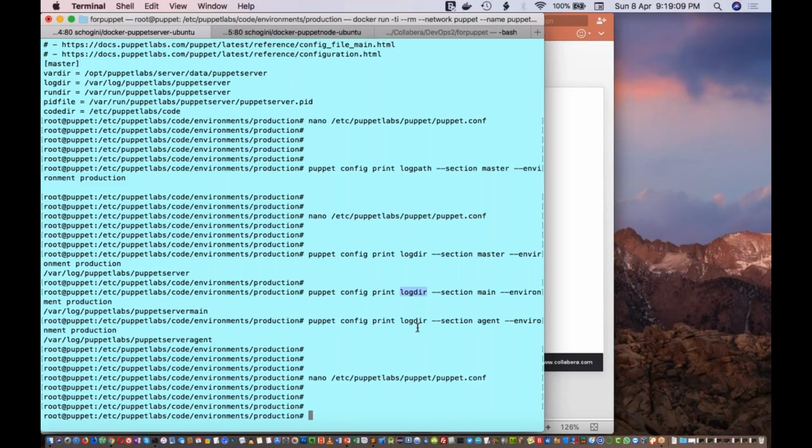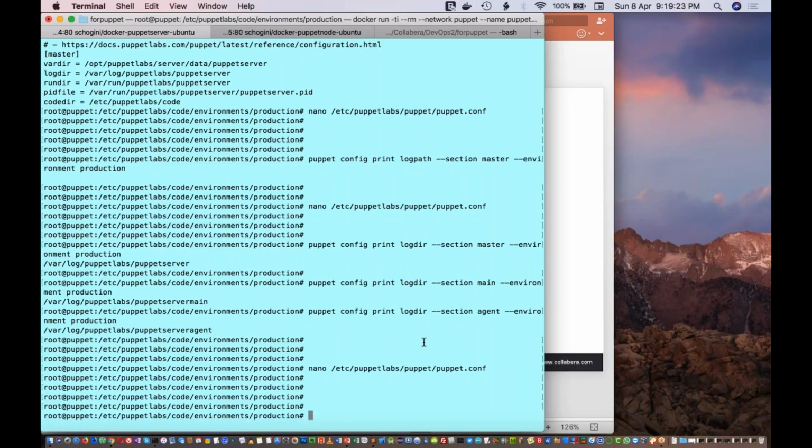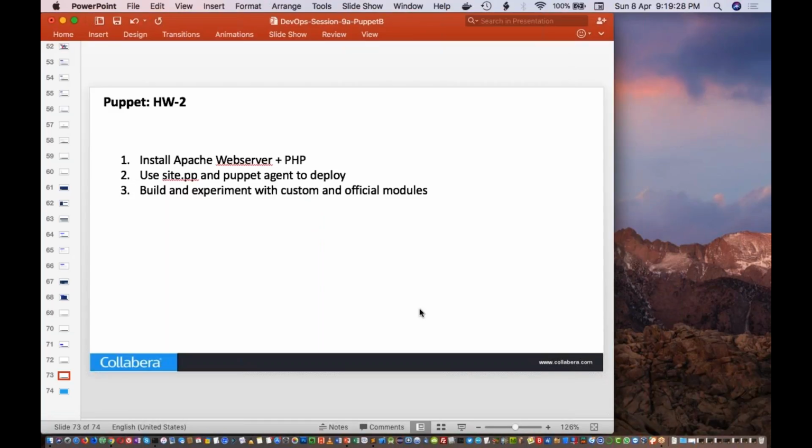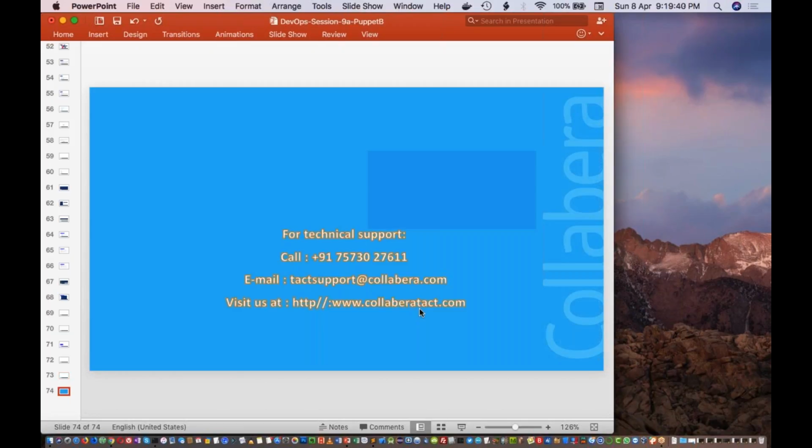So I just showed this as an example. You will be able to change the section, but when you change those things, make sure that the path and all are there if it is a path. But if it is just a variable, then you can try out those variables for different sections. Please try out this example and also compare the differences between Chef and Puppet, so that you will be able to clearly distinguish between Chef and Puppet and can identify which one you can use or which one you want to go deep into and understand further.